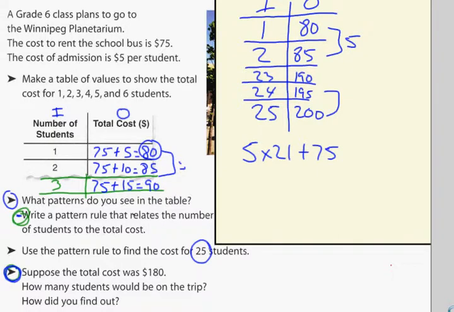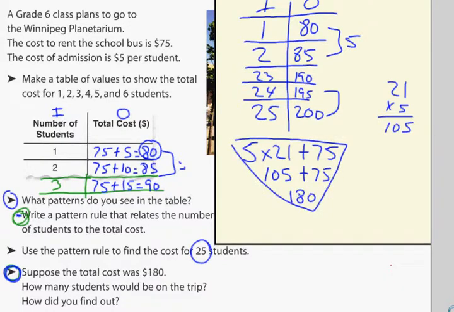5 times 21. Well, let's go 21 times 5. 5 times 1 is 5. 5 times 2 is 10. Right? $105. Write it directly underneath. And then rewrite the 75, drop it down, and then add them together. You get 180. And I've got my little triangle style. I'm drawing that little triangle in just so you can visualize it. You don't have to do that when you're doing your work like this. Okay? But I did find out that if the cost was 180,